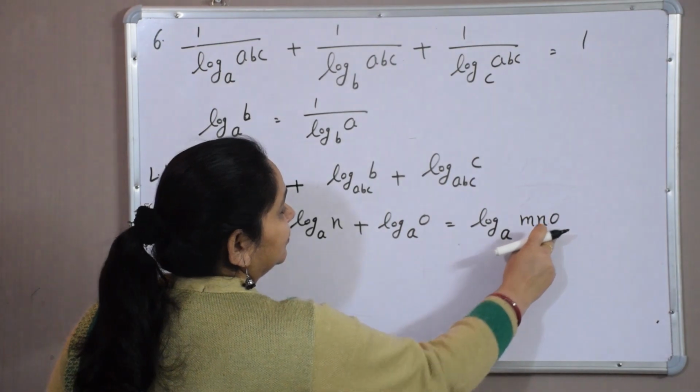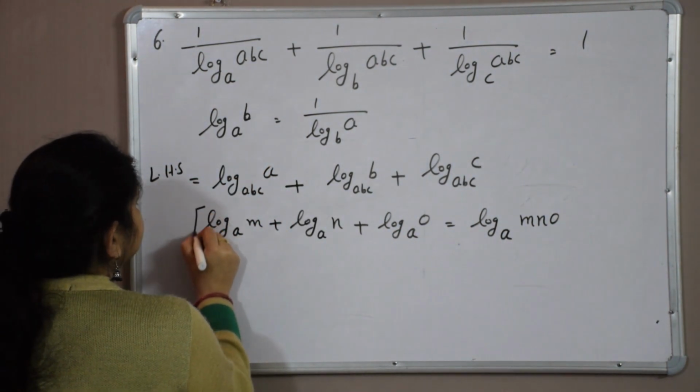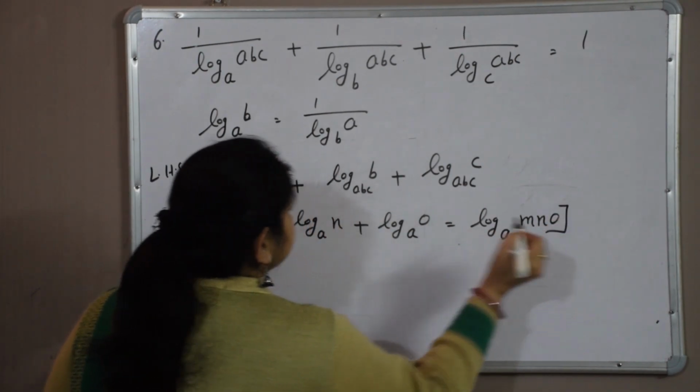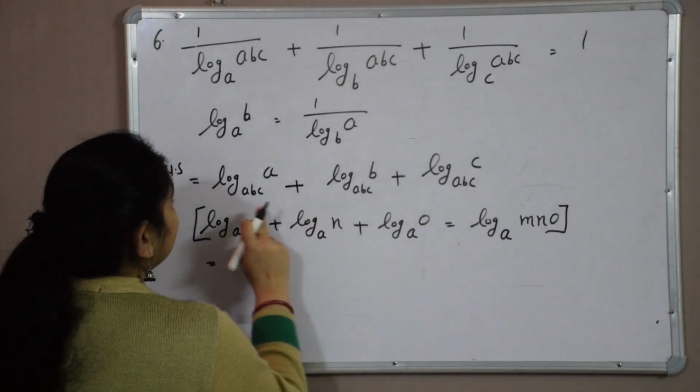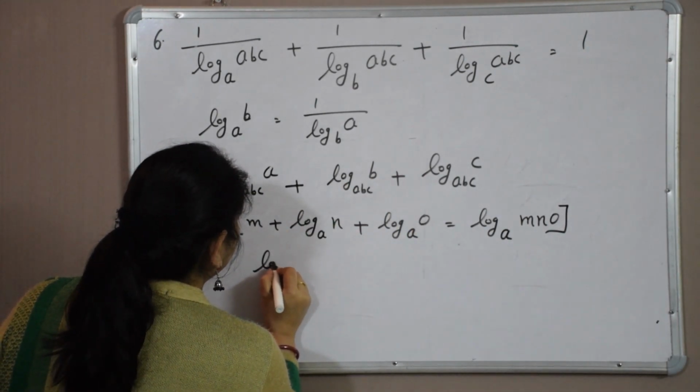Log of mno to the base a. Same is the thing here. This is the property we are using. So what will it become here? Base is same, abc, abc, abc. Now log of